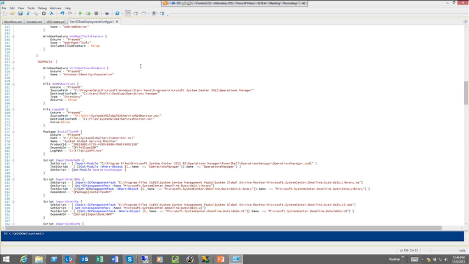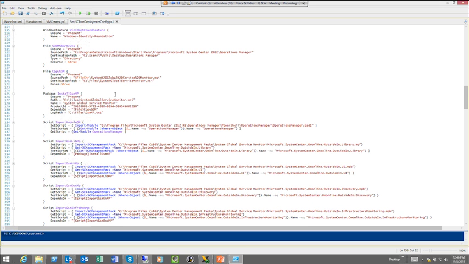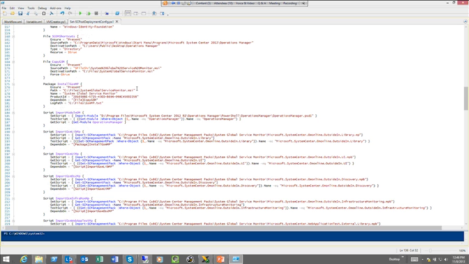So on the SCOM, the Operations Manager server, there's certain additional functionality that we want that's not a part of the PowerShell Deployment Toolkit. So we're copying the shortcuts from the default start menu to the desktop. We're installing the System Center Global Service Monitor Management Pack. With Operations Manager, you typically have to install the management pack before you import it. So it allows you to actually orchestrate the installation and the importation in the correct order. Because here we're installing the package,